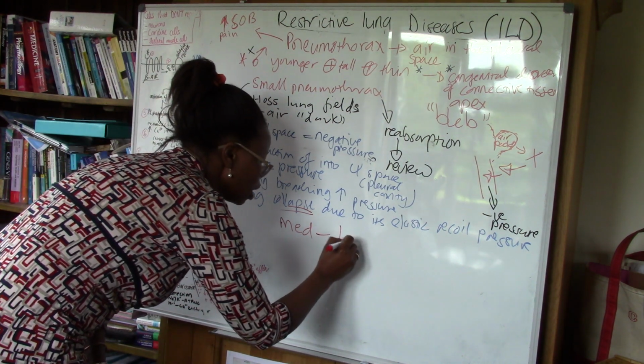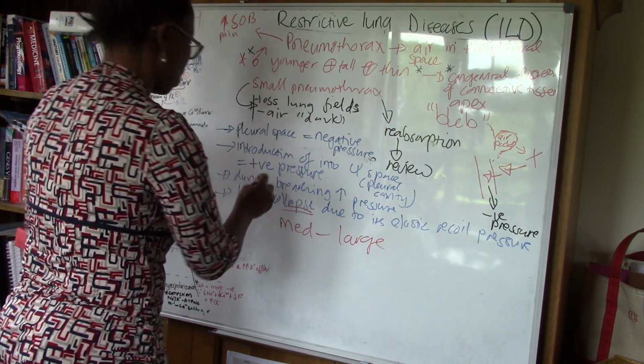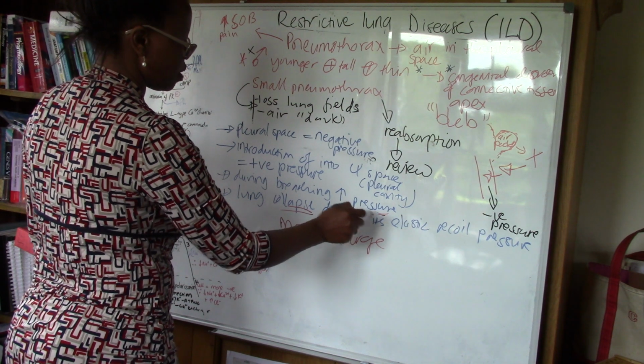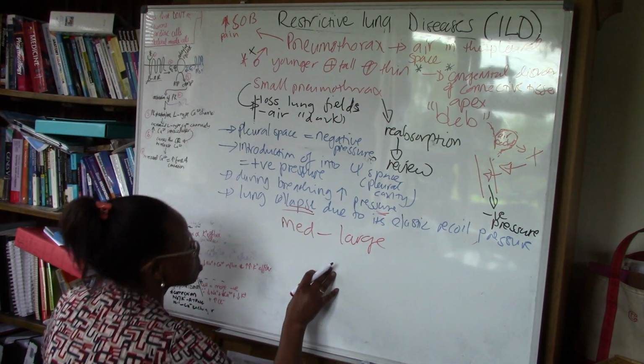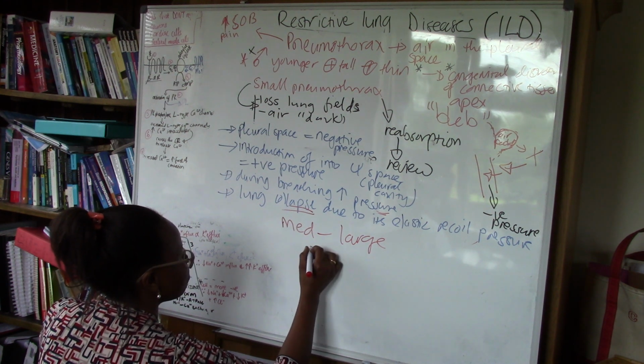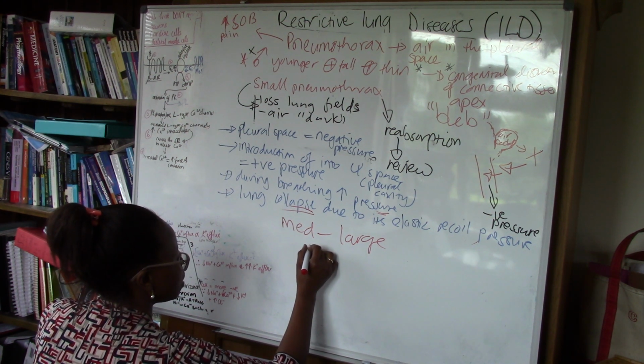So medium to large, they will have this. And as one continues to breathe, that pressure increases, causing even further collapse of the lung. So if you can imagine that, this is the lung,